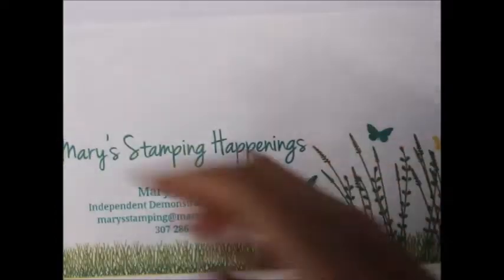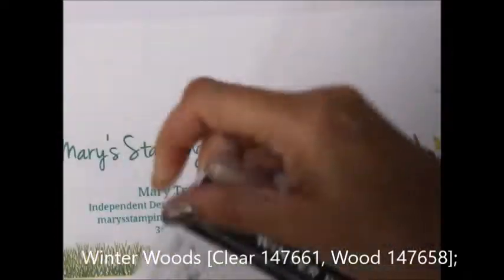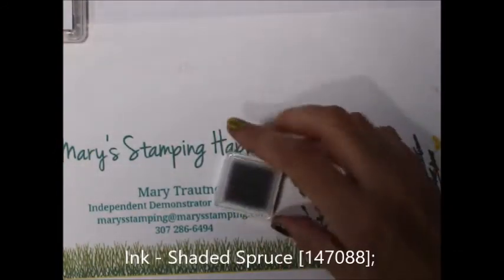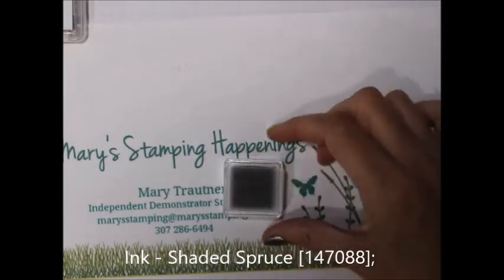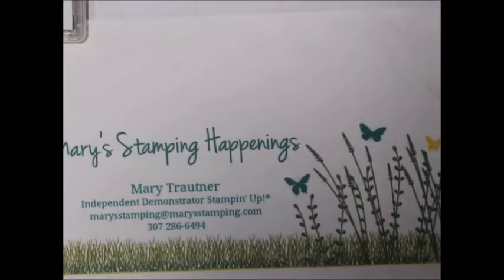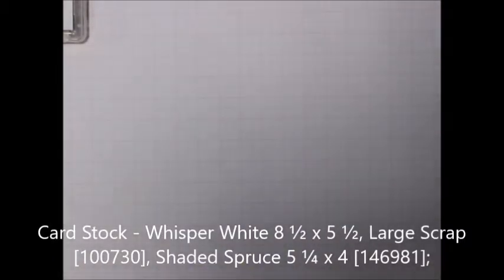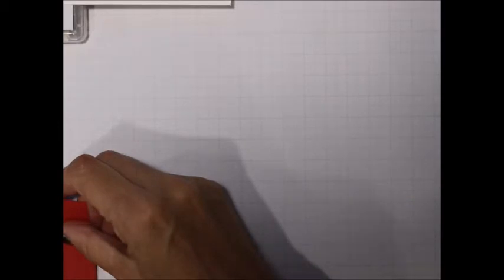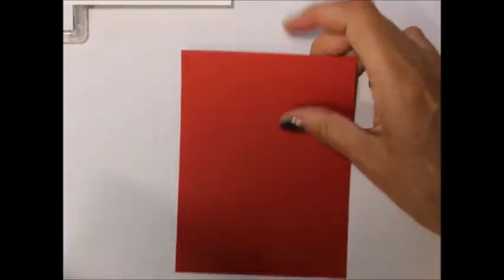So what we're going to need is, I've used Winter Woods for the stamp set. I am going to use Shaded Spruce for the ink. Now for the cardstock and stuff, I am going to use an 8.5 by 5.5 piece of Whisper White. I am going to be using 4 inches by 5.25 inches of Real Red and